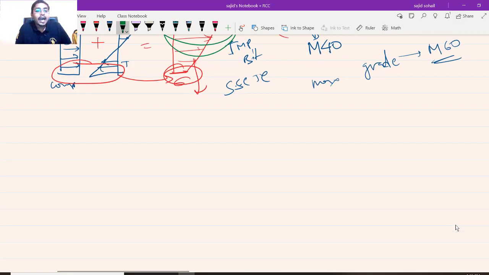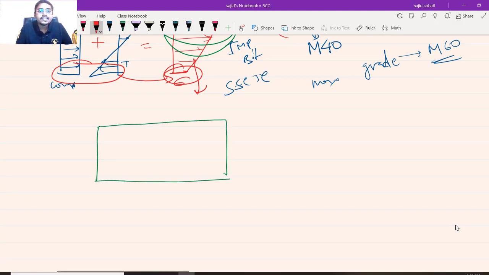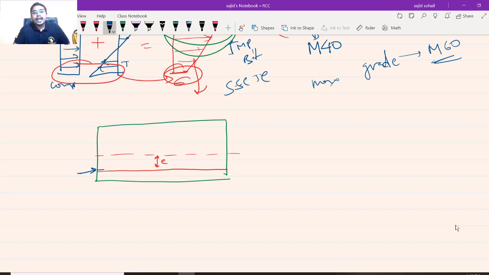How to decrease them? I am just providing my steel bars or steel wires at a certain eccentricity now. Okay. So I have provided my steel bars at a certain eccentricity. When I am doing that, use your common sense. What will happen? Obviously, here at this level, you are giving your pre-stressing force. So what will happen? The bottom part is getting compressed.